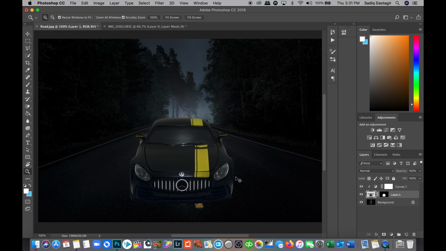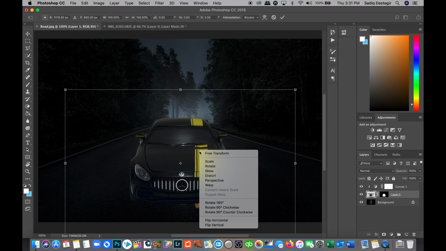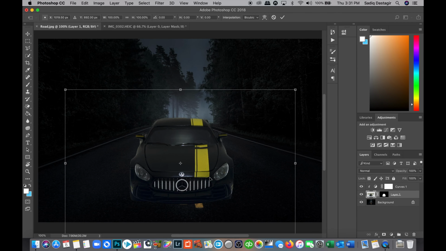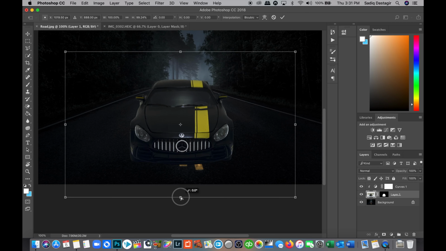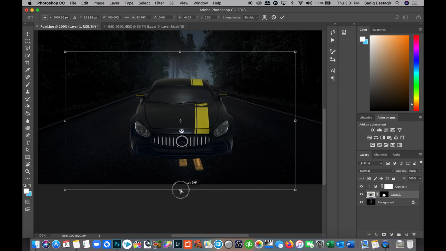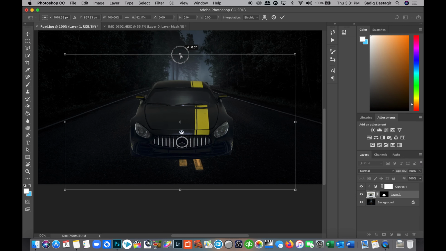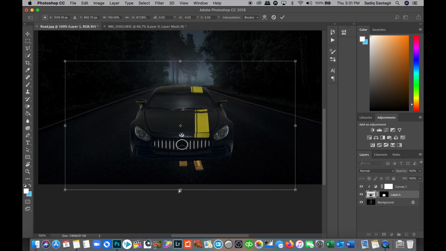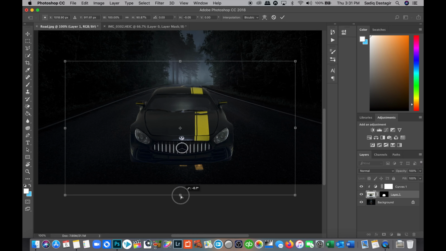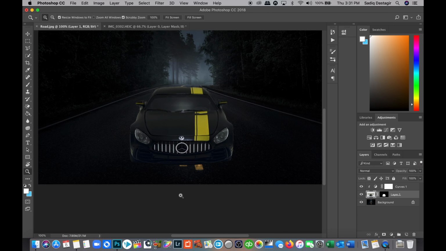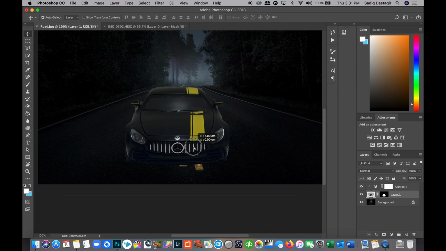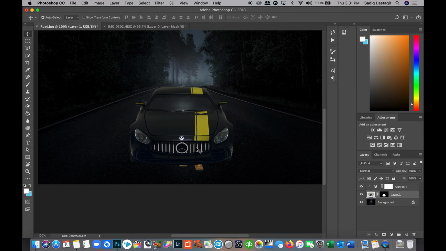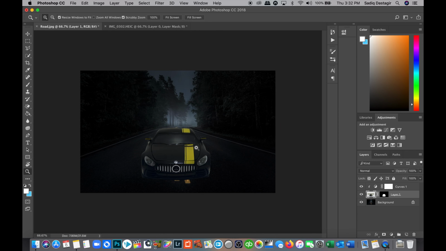We'll press Command T or Control T on Windows to transform, and I will select the car and, selecting the center knob here, apply just a slight bit of compression to make the car look a little meaner. Yeah, here we go. A little lower, increase this a little below. Yeah, so here we go. The car is now looking fine. Just check the centering. Okay, that's fine. That will come later. Now we have the car color balanced properly. We have done the transformation and set the perspective right.